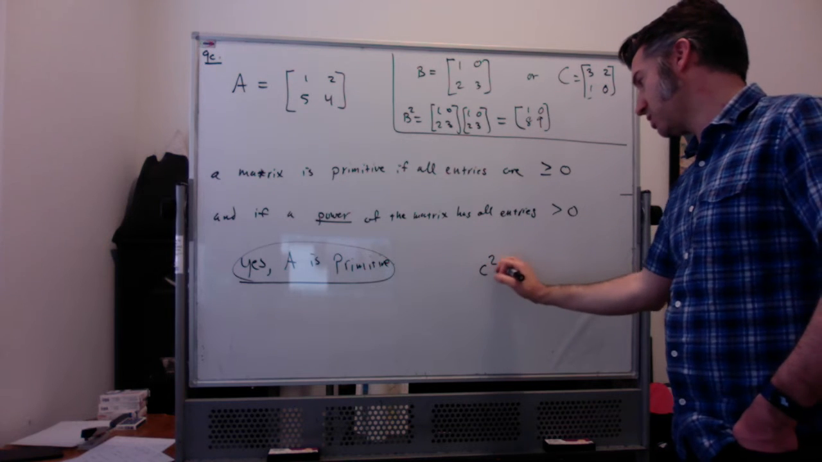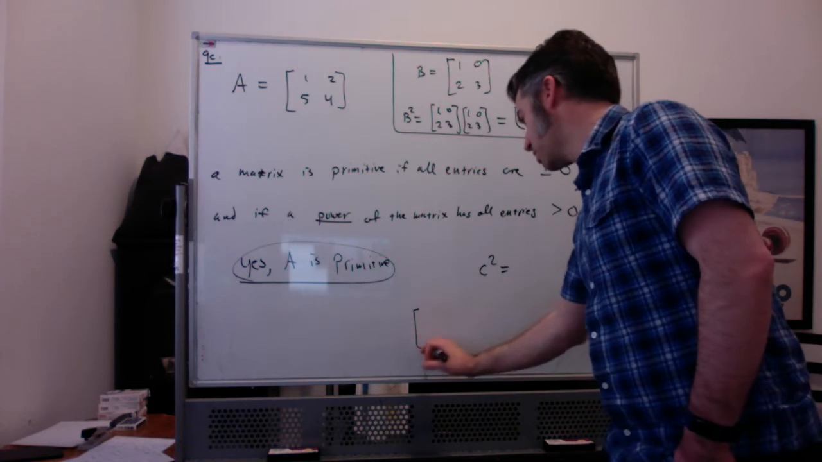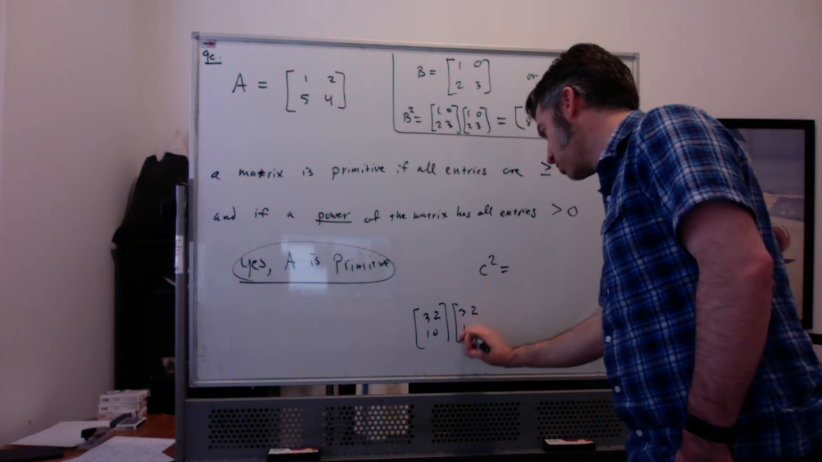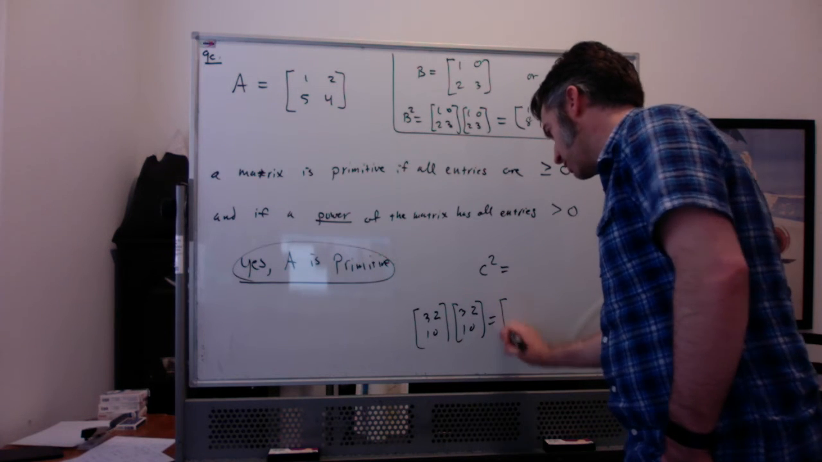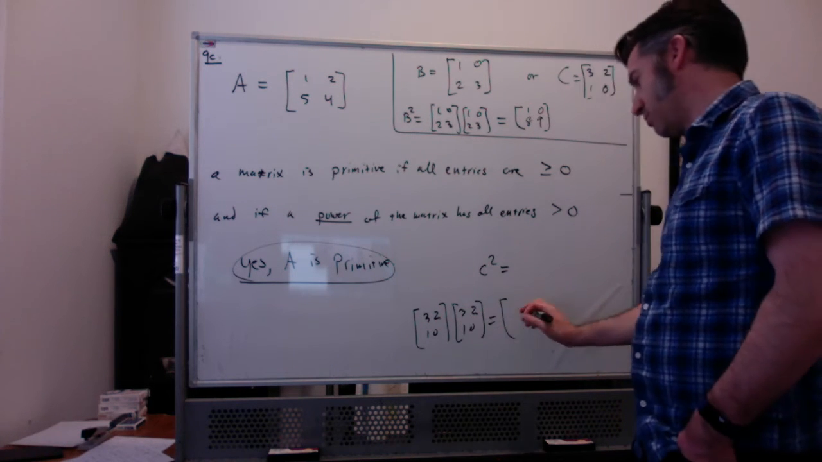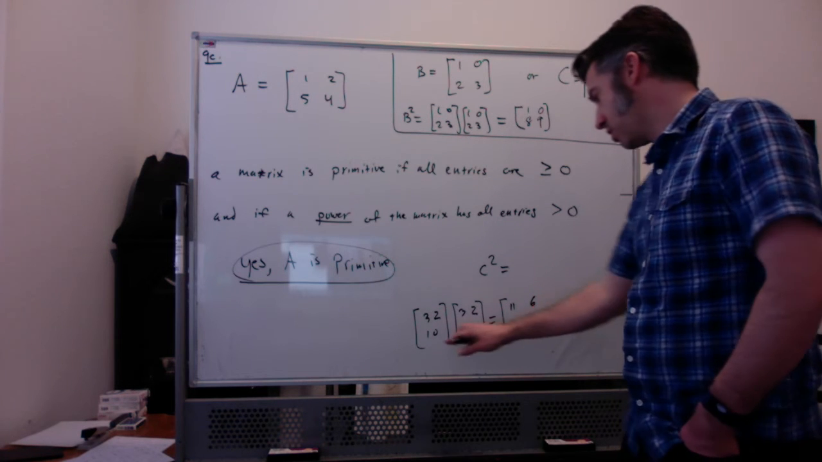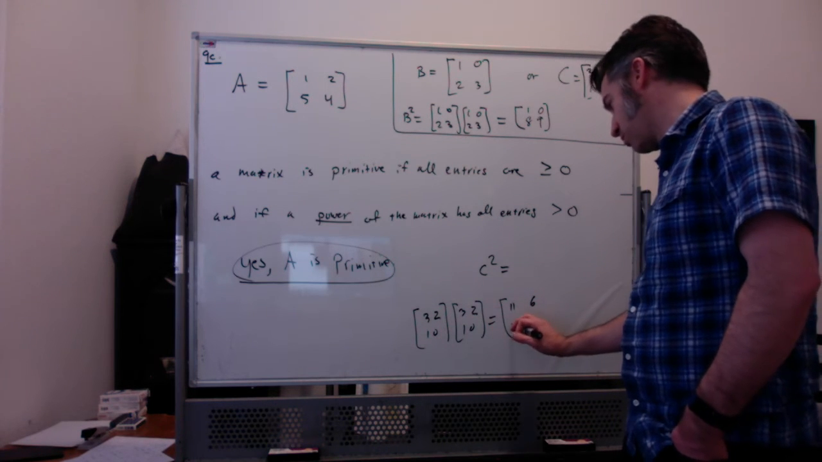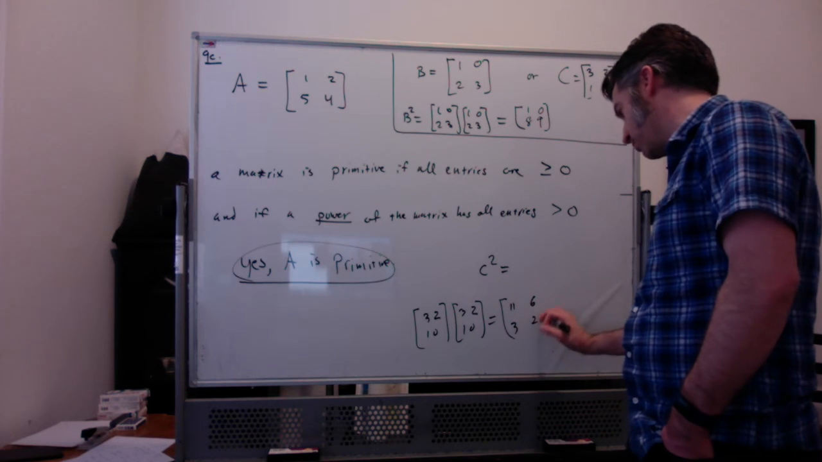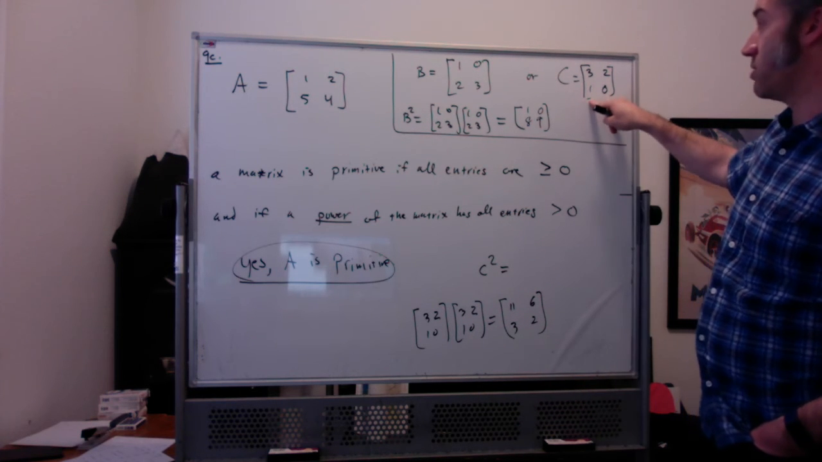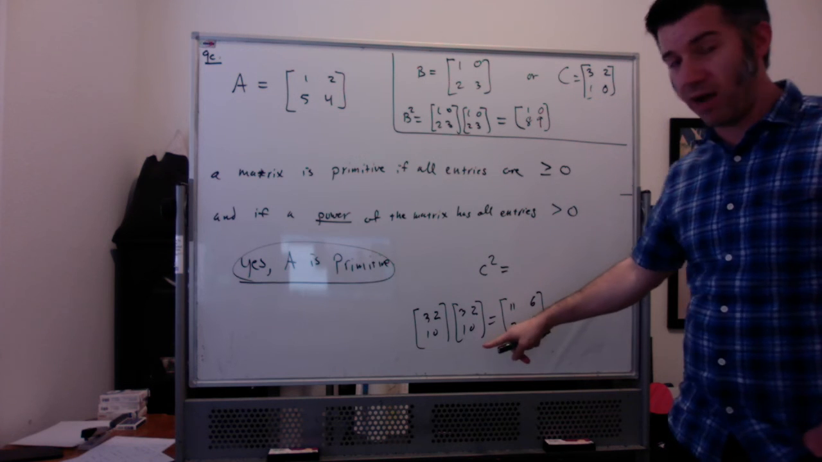If you look at C squared, which is 3, 2, 1, 0 times 3, 2, 1, 0, you're going to get, let's see, 3, 2 with 3, 1 is 9 plus 2, which is 11. 3, 2 with 2, 0 is 6. 1, 0 with 3, 1 is 3. And 1, 0 with 2, 0 is 2. So there's a matrix that is also primitive because all of the entries are non-negative and some power of it